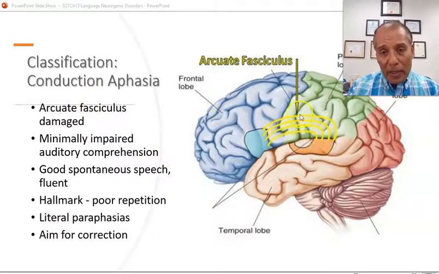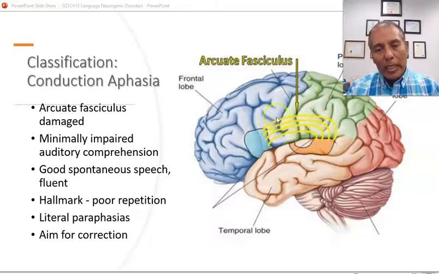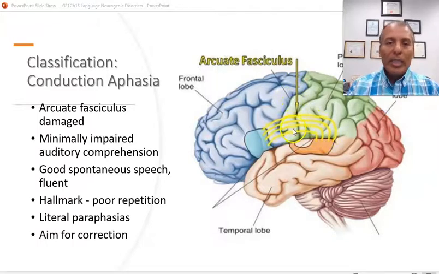The arcuate fasciculus connects Wernicke's area and Broca's area. That pathway sends the information from Wernicke's to Broca's. It is also a dual pathway: Broca's also sends information back to Wernicke's, so they communicate. When you disrupt that communication by abnormalities of the arcuate fasciculus, the person gets conduction aphasia. Conduction, because you conduct the information from this area to that area, but the conducting pathway is disrupted. So, damage to the arcuate fasciculus.